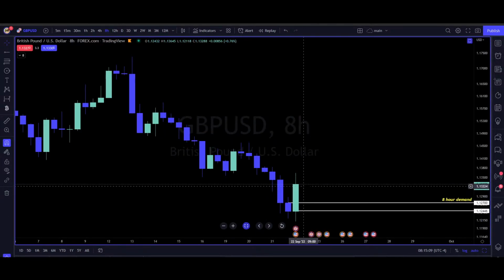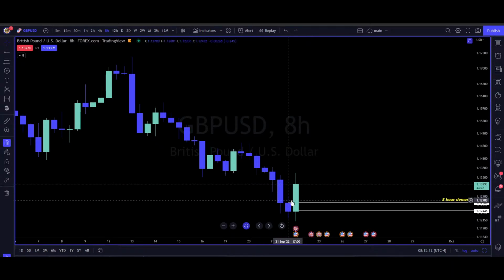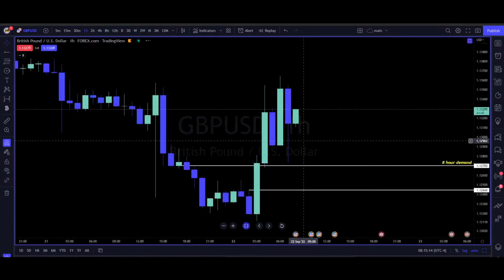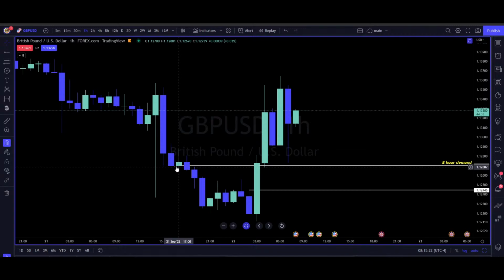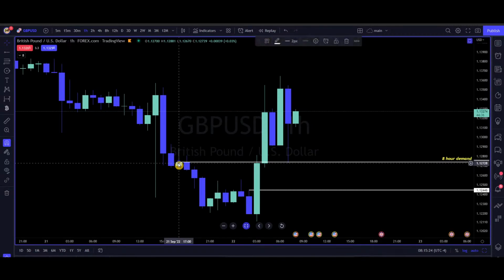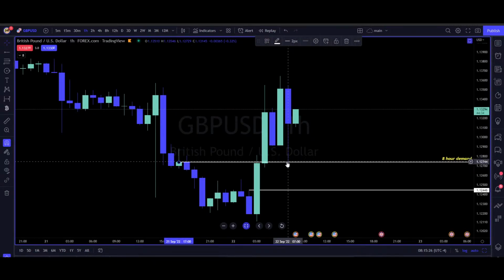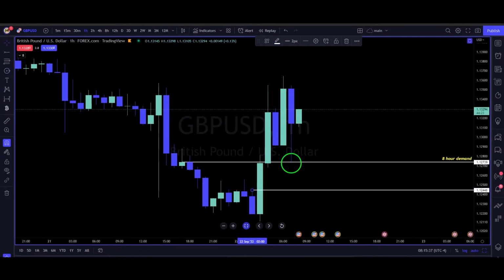bullish engulfing here. 8-hour demand setting there at that little white line. Come back into the hourly time frame, you can see you wicked down pretty close to it. The reason you didn't get a full-on tag is because of this little old resistance level right there. That's where you tagged to perfection, and then you got the bounce up, and you're currently seeing price trade away. So this was a potential buying opportunity.